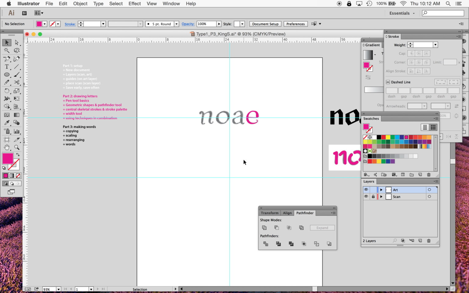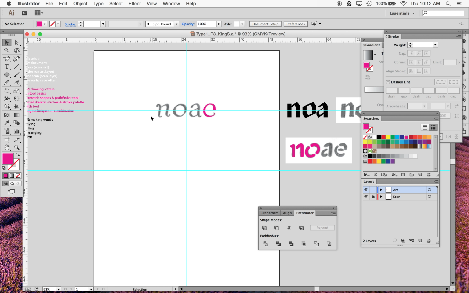All right. So what you're going to do, you're going to draw all 4 letters. I recommend that you work with the pink outline, but when you get to the point where you've got what you want, then switch it to a black fill. You want to make your letters black. All right, so